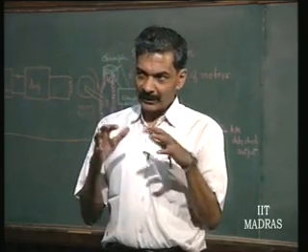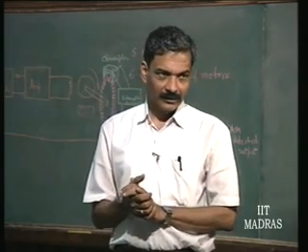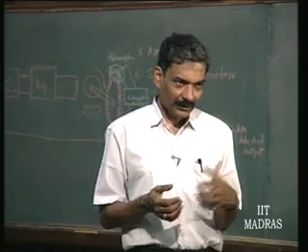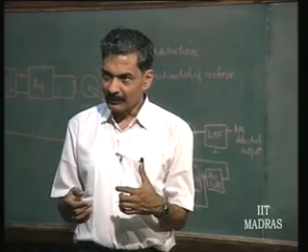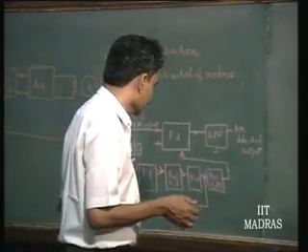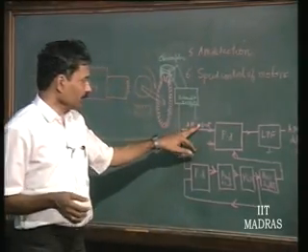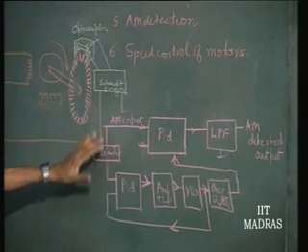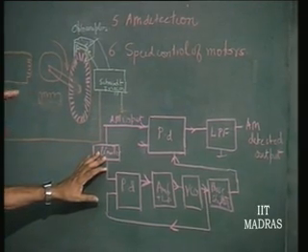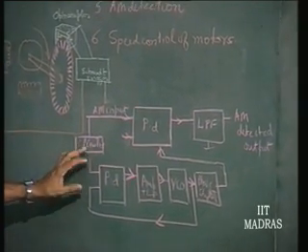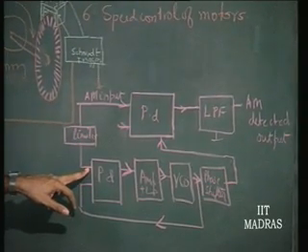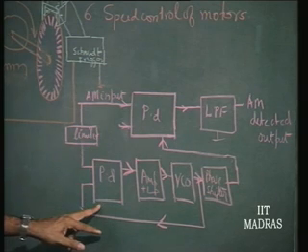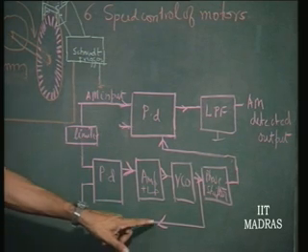Now, as far as the phase lock loop is concerned, this phase lock loop is used in order to extract the carrier, that is all, from the AM signal. So, what is done is the AM input is supposed to go to the multiplier, the same AM input goes through a limiter, so that all the amplitude information is removed and the carrier frequency is applied to the phase detector. This is nothing but the PLL. Obviously, this produces the carrier